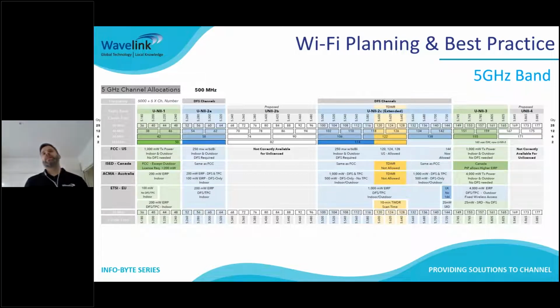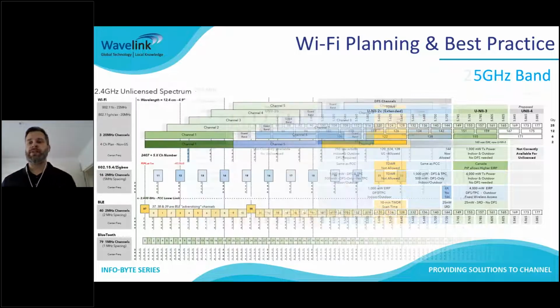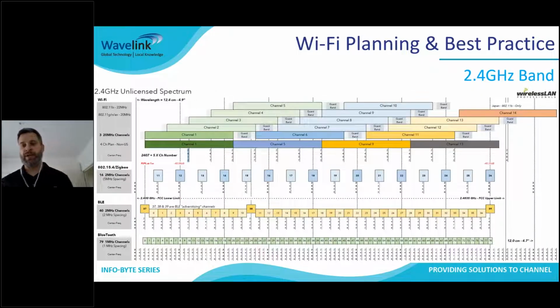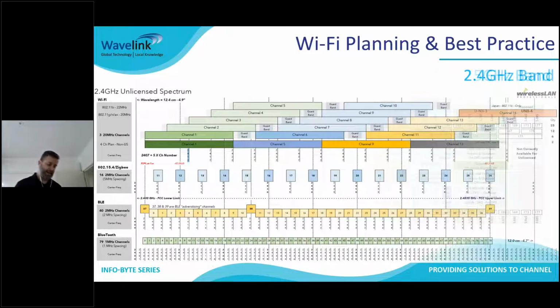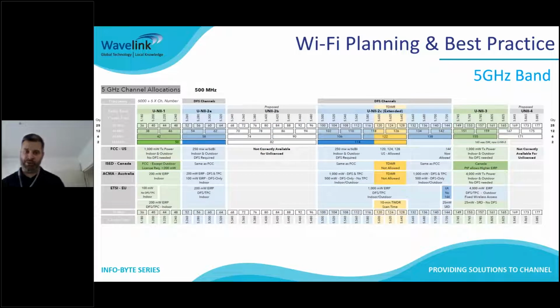Why is that useful, especially when it comes to planning and best practice? Well, if we've only got 3 usable channels, well, as soon as you've got more than 3 access points on 2.4 gigahertz, they're going to start impacting each other. And when we jump into Ekahau in terms of looking at the signal strength and capability of the access points and the signal propagation, it'll show you, and I'll highlight the fact that the access points themselves, obviously once they hit past that threshold, even if they were 100 meters away from each other on the same channel,